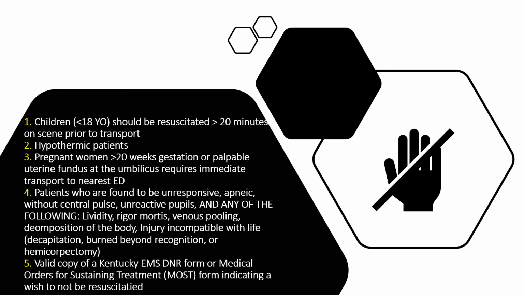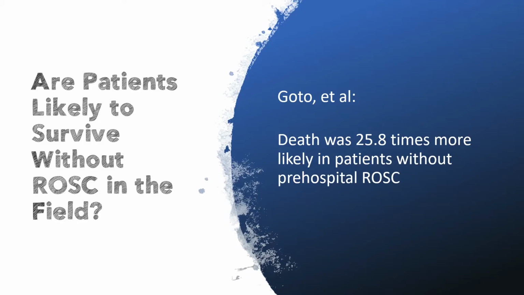So we still want to give at least the child the best chance of survival, so we're going to transport them rapidly. And in our regular protocol, that's not a patient that we would have to resuscitate for 20 minutes on scene. That's a patient we could transport rapidly, but we still want to try to tilt them on their left or manually displace the uterus and perform high-quality CPR. And then those with obvious signs of death or with a DNR or MOLST form.